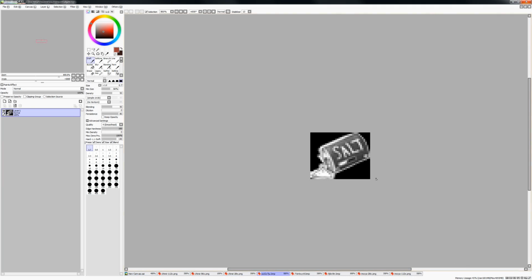In regards to how to do this in the first place, before we even get to the actual drawing part, what is more important is composition. Even though this is showing up as a black background, that's because I'm pulling PNGs which have translucency off the web and putting them in here, and that's where we're getting this black background from.